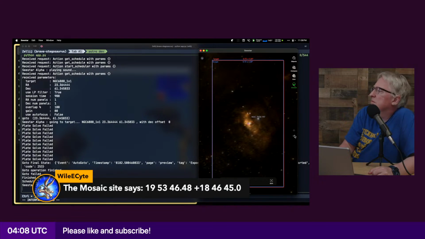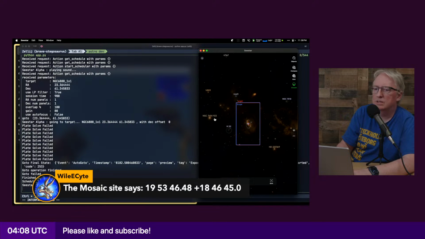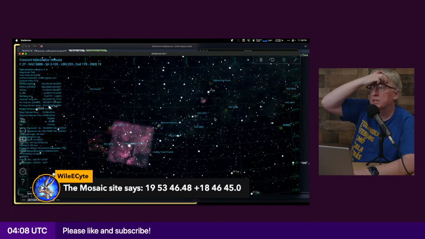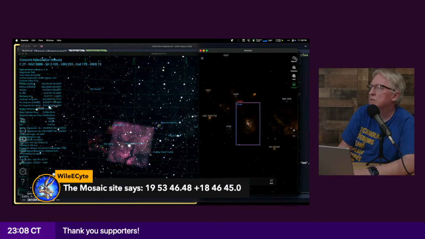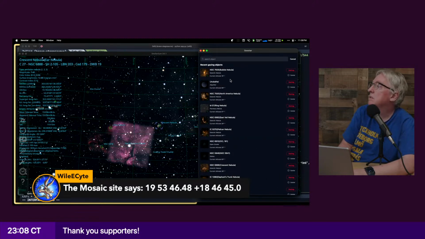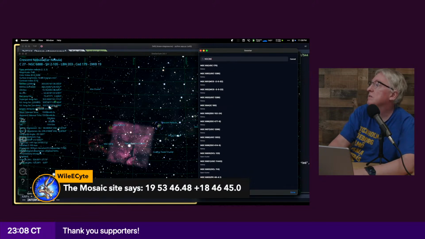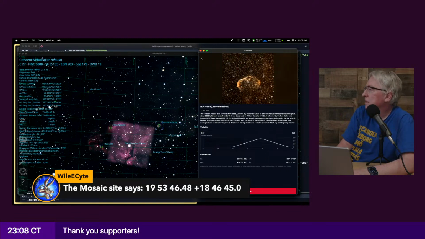Oh. It thinks it's at the Bubble Nebula. Did I completely botch that? No. Did it even move? Let me get NGC, or maybe because its plates all failed. Crescent and